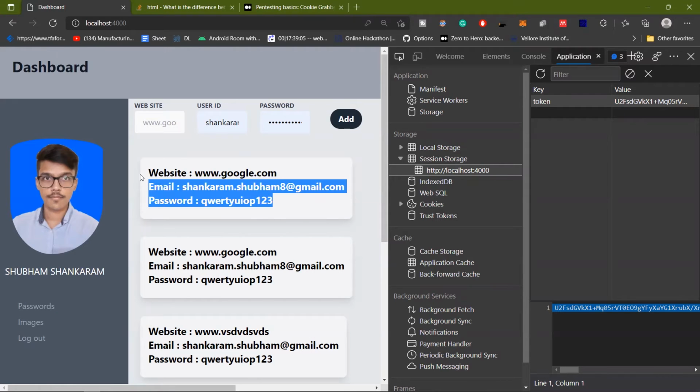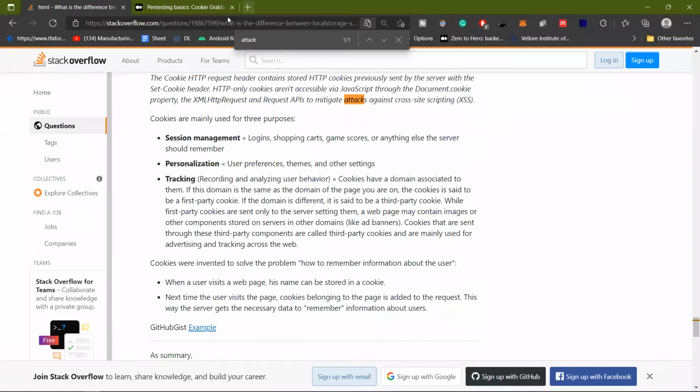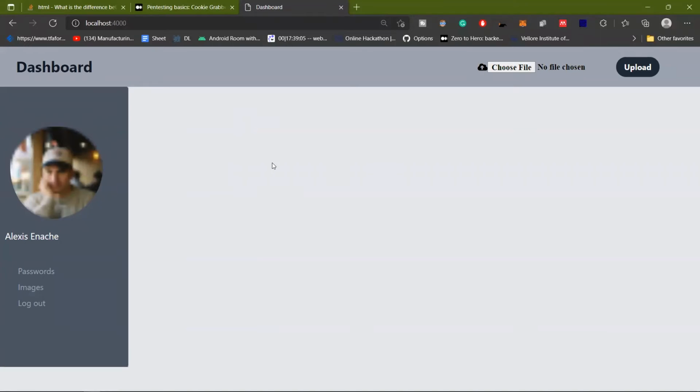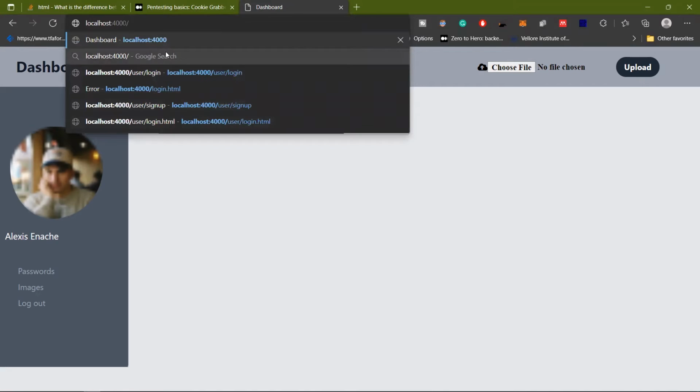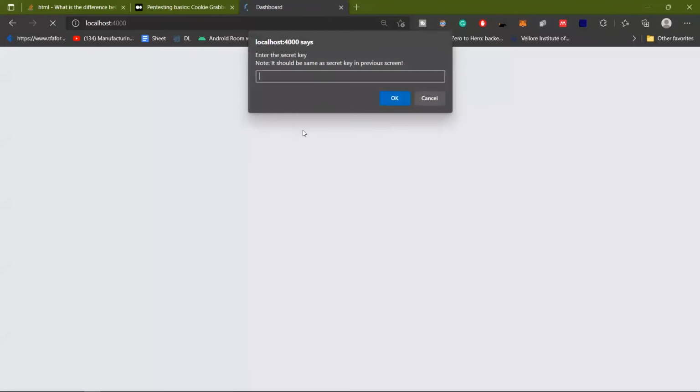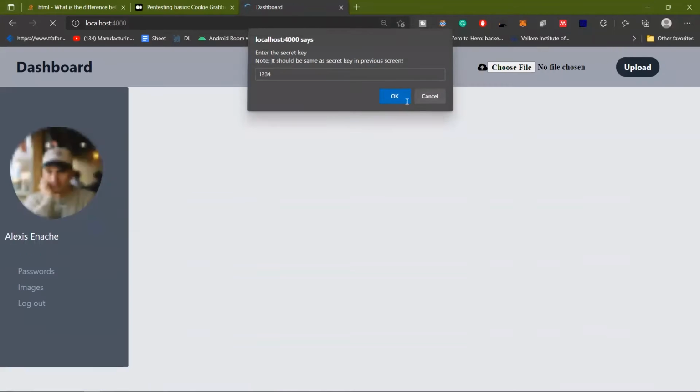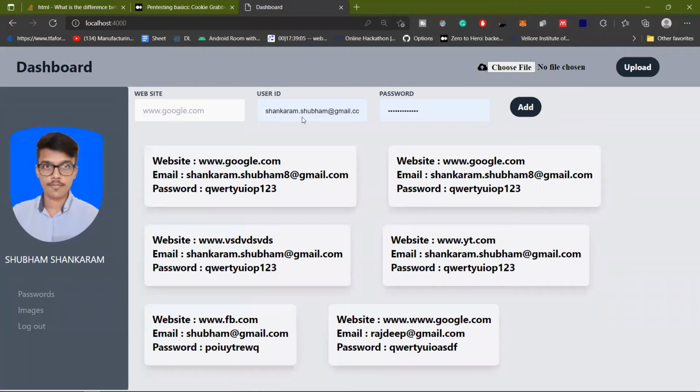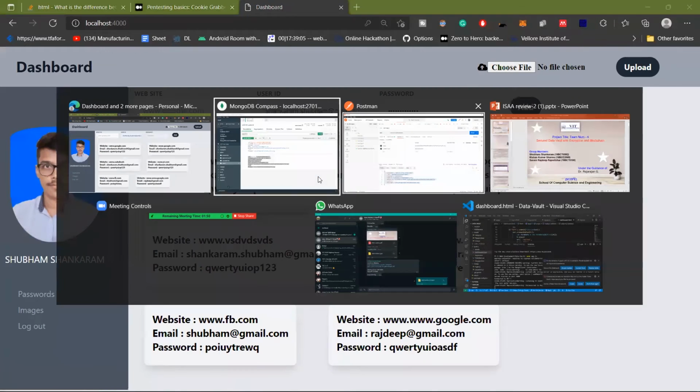Once the user closes this app, it can't go back to localhost 4000, because it will just come up blank, as it can't make any call without that token. So the user has to go to user/login and log in again, and provide another secret key, which can be 1234, to get all the data back. So this was the implementation of our web app.